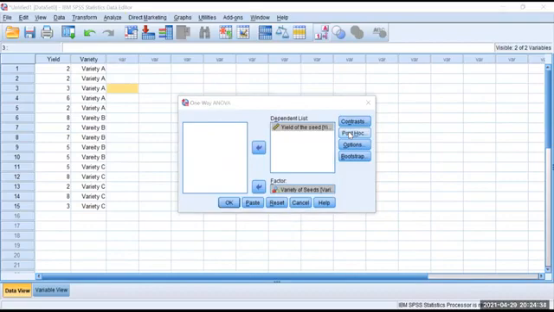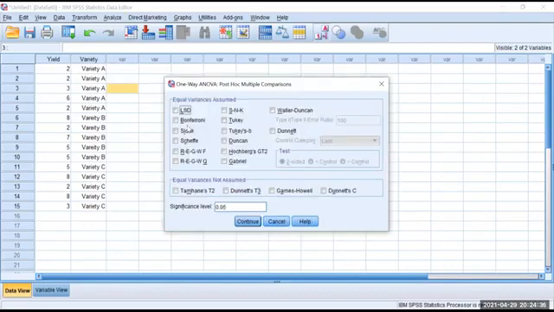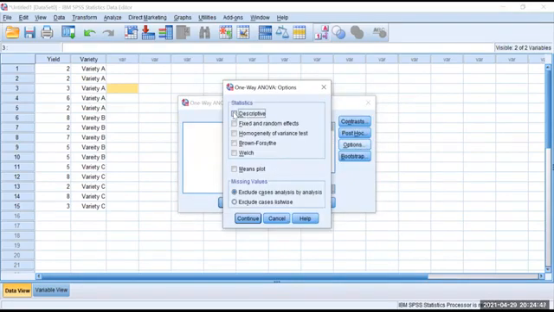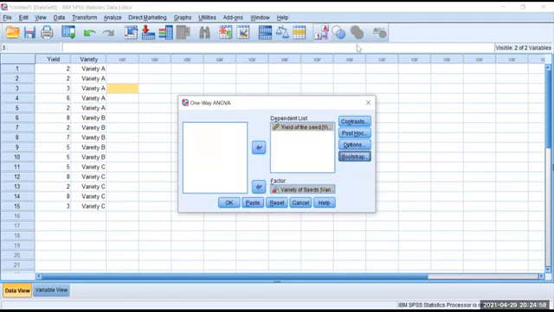And the post hoc, no need to do anything. Or you can take LSD, least square. Significance is same. And the options, if you want descriptive, like say I want to know the total number, sample size, and then the average, descriptive statistics, you can click that. But we are not going to interpret anything with the descriptive. Just for your better understanding, I have given that. Bootstrap, nothing, if you enter with the bootstrap.